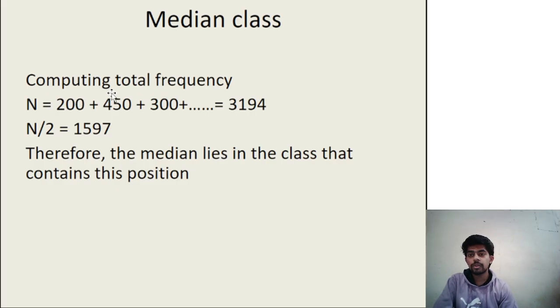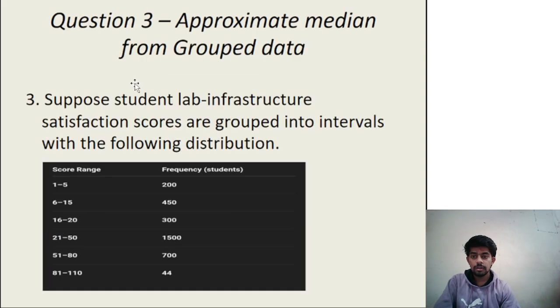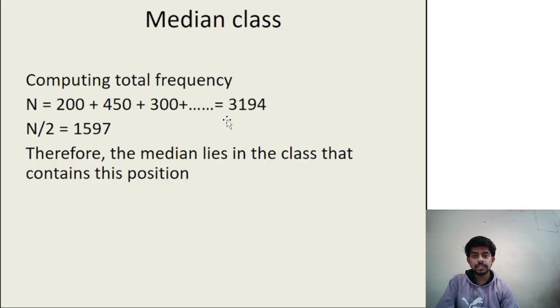For that we have to calculate total frequency, which is 200 plus 450 plus 300 plus 1500, the sum of all the values of frequencies, that is 3194, which will be divided by 2, and which gives the result as 1597. Now half of the total frequency is 1597. The median lies in the class that contains this position, so the median class. So now